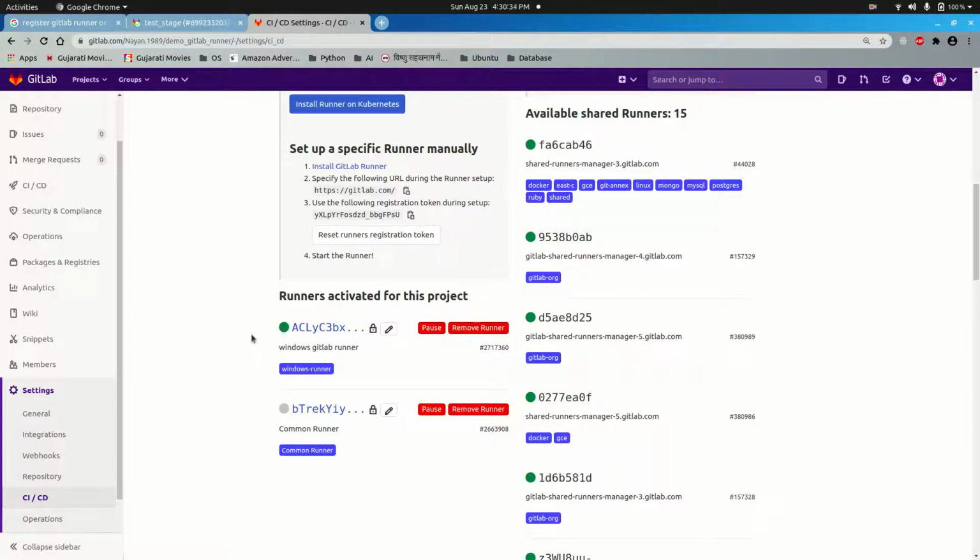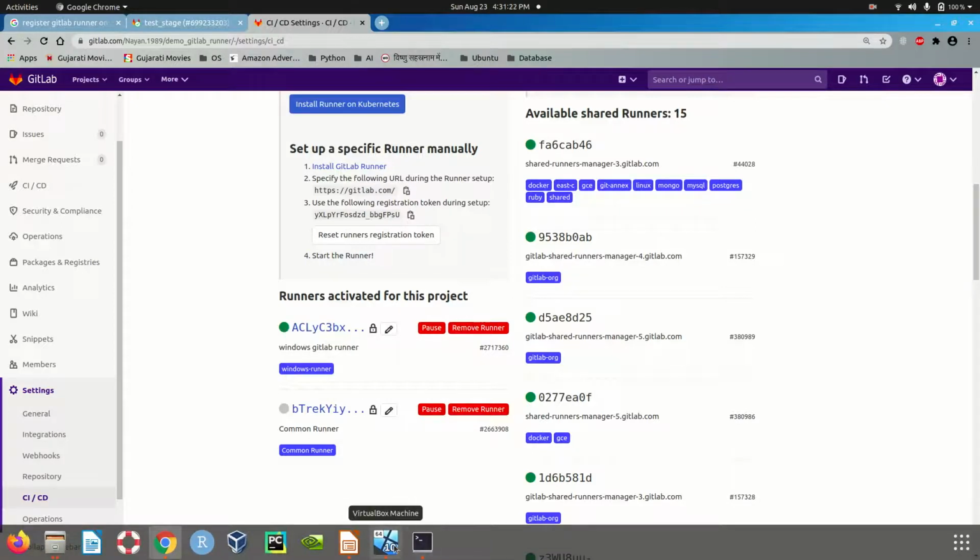Over here you can see that there are two dots, one is green and another one is grayed out. The grayed out option shows that my runner at this time is not available. The reason being, this runner has been installed on a virtual machine on Zorin operating system, and at present I have shut off the Zorin operating system, and hence the option is grayed out. And over here you can see that it is in a green color. It means that this runner is available at present, as we are working on the Windows operating system.